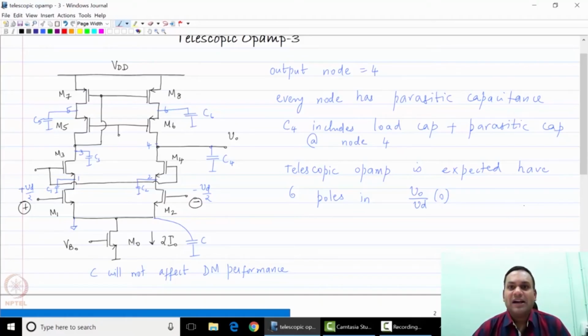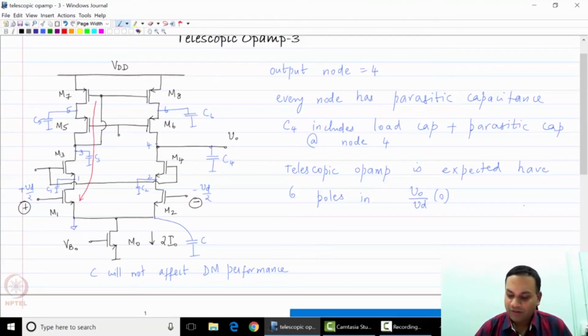As you can see, the signal current that flows through M1 also flows through M3, M5 and M7, and that creates a small signal voltage Vx, and that causes signal current to flow into M4 from M8 and M6. Similarly, the signal current through M2 flows through M2 and M4. As you can clearly see, the signal in the two halves